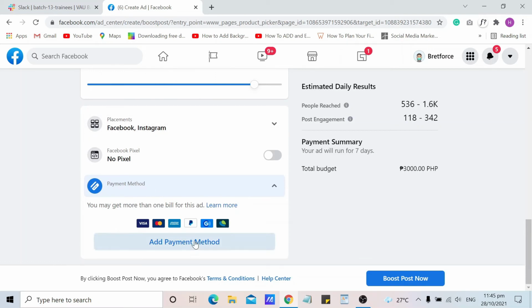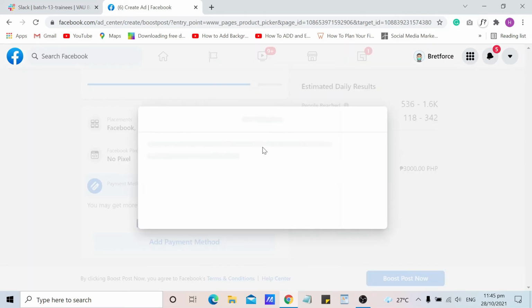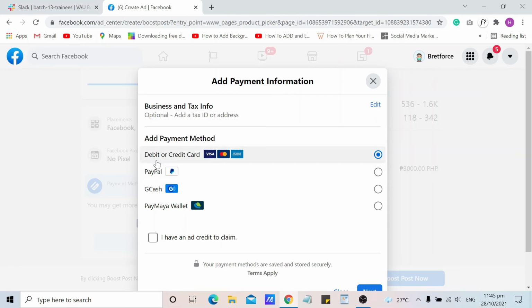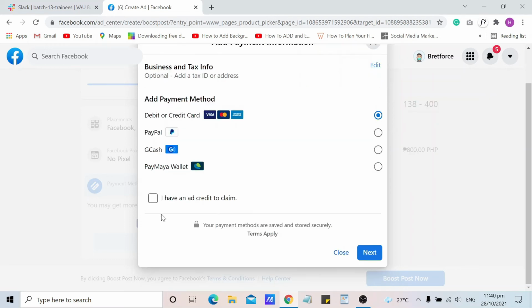Then add the payment method, debit or credit card. You can choose what card you use, whether it is PayPal, GCash, Visa, MasterCard, or Paymaya wallet. And then check this box, I have an ad credit to claim. Click next.